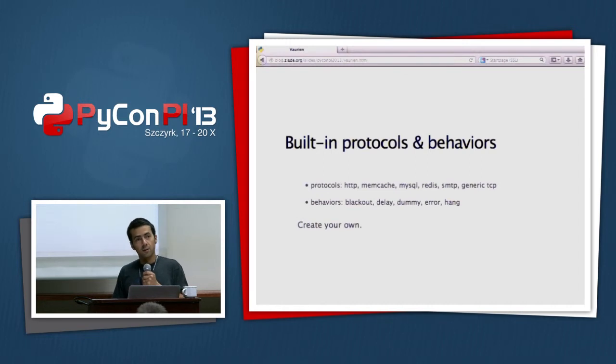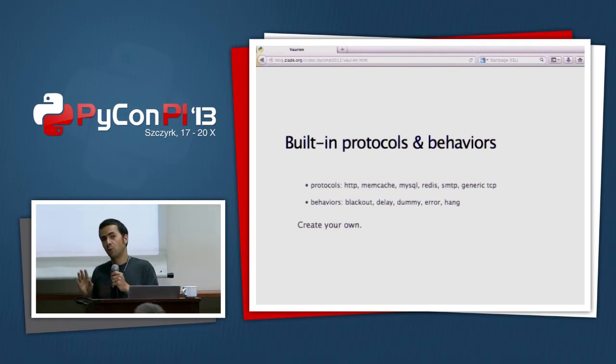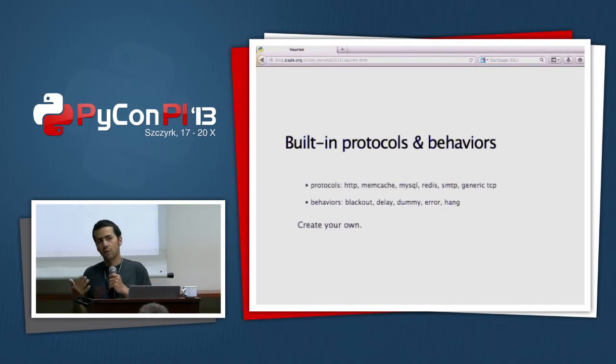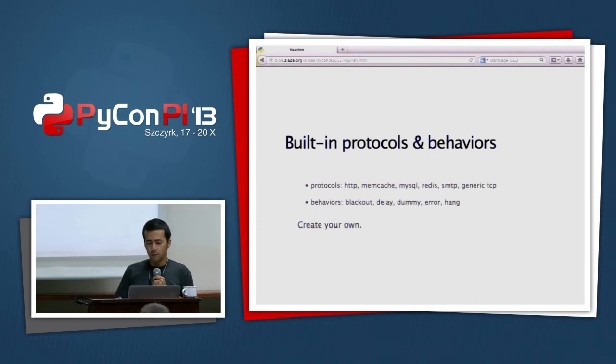The hang one is my favorite. It just grabs the socket and hangs there, and nothing happens. And this is really, really bad for most applications. You can break most applications with this behavior, because what happens in general is that the application starts to pile connection on the backend and just die. Unless you do the proper thing, which is to make sure that you can't have more than, I don't know, 10 connections to the backend, and you have a tight timeout for the connectors.